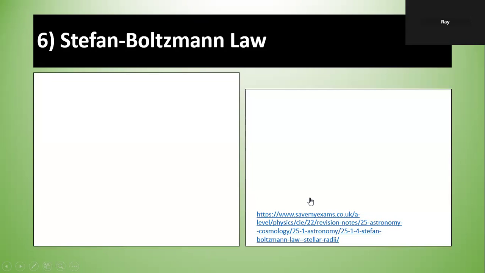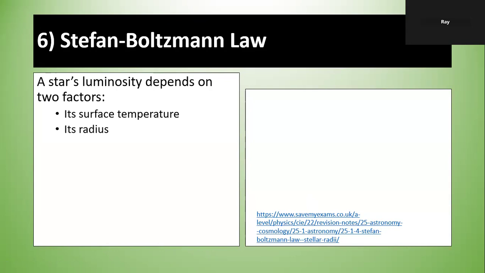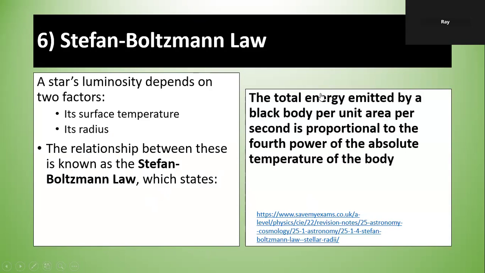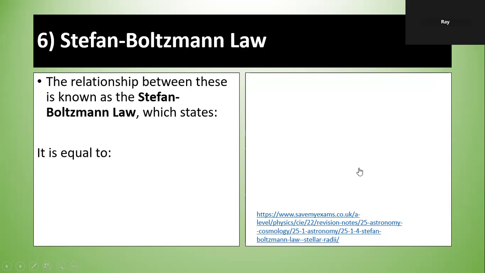Stefan-Boltzmann's law. Star luminosity depends on 2 factors: its surface temperature and its radius. The relationship between these is known as Stefan-Boltzmann's law, which states that the total energy emitted by a black body per unit area per second is proportional to the fourth power of the absolute temperature of the body. This relationship can be written as an equation. Luminosity is